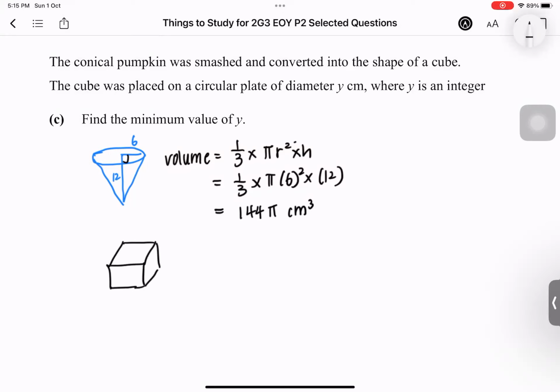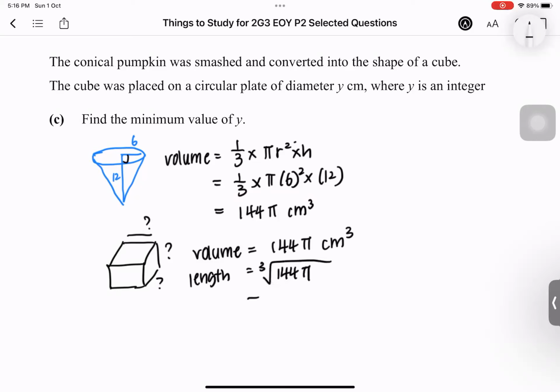Right. So the volume of the cube is 144π cm³. To find the length of one side of the cube, because I need to place it on a circular plate, I need to find the length of one side. If that's the case, I'll take the cube root of 144π, which gives me, need to have 5 for working,